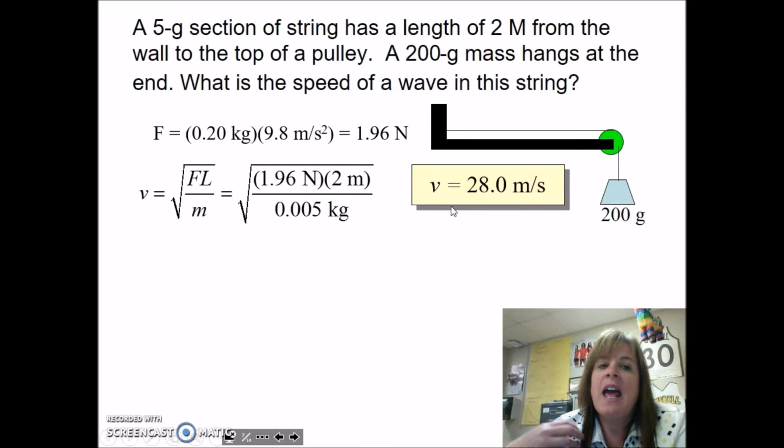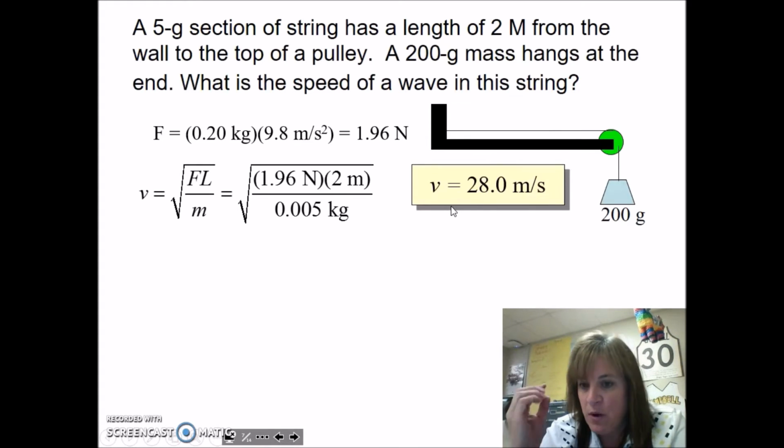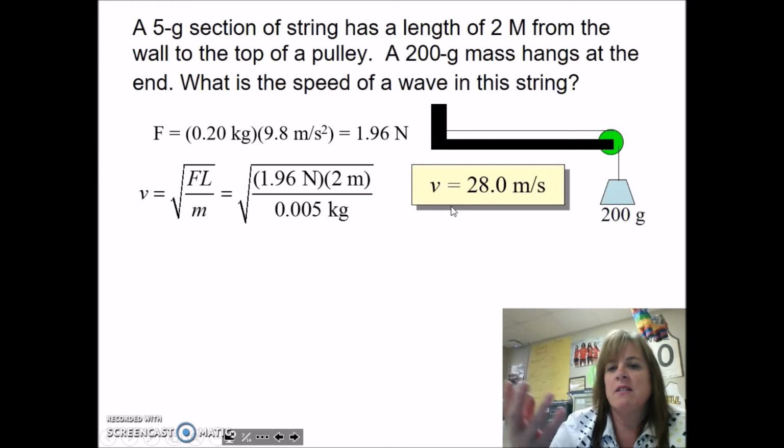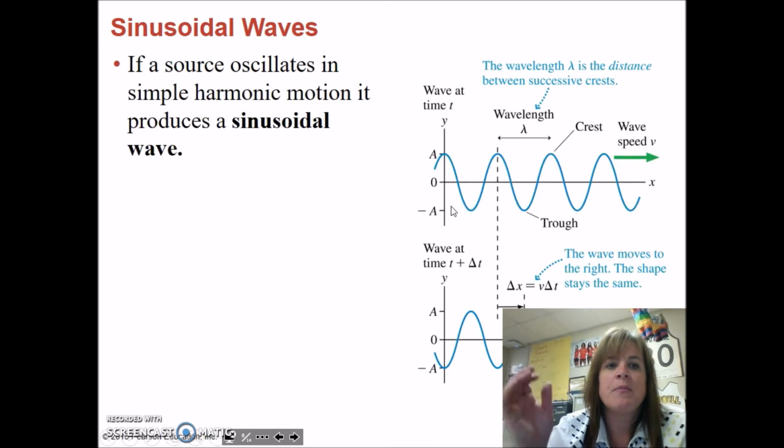Now notice that as the tension force goes up, the speed will go up. So the tighter a string is, the faster that wave's going to propagate. But the thicker it is, right, the more dense it is, then it's going to move slower. So it's kind of like inertia, right, preventing the motion of the wave on, in this case, the string.